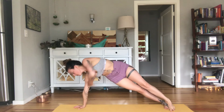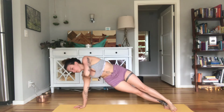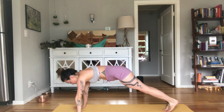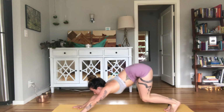Coming to the other side, hand to bicep, rotate in and back out. Good. Lifting the hips, downward facing dog, bend the knees, look up at the hands, hop or step to the front